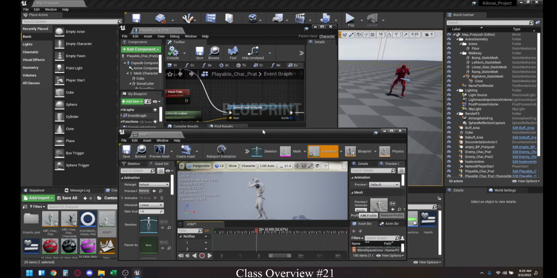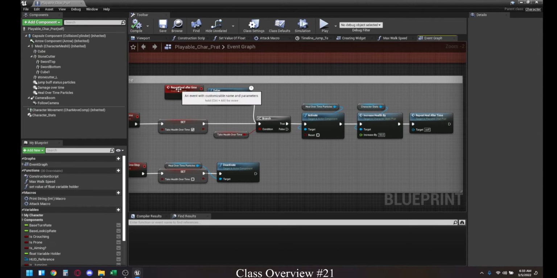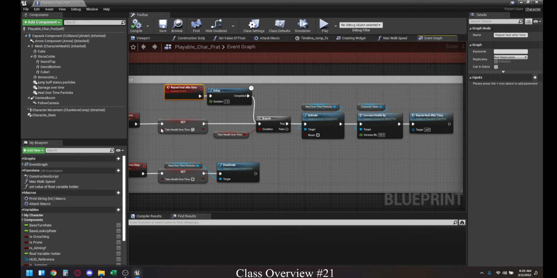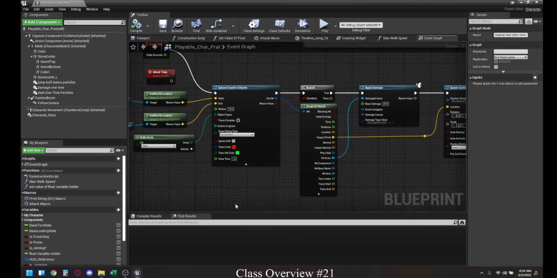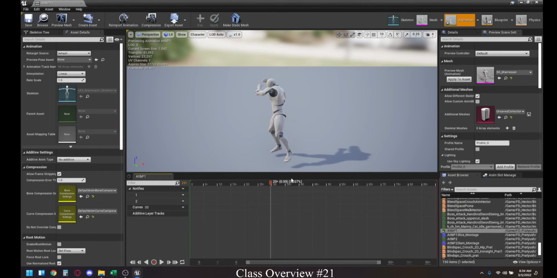So it's kind of how you create a custom event, right? Whenever we create a custom event, for instance, there's this repeat heal after time, and then it goes to this custom event. This is the call function, and this is the event for it. So whenever this part has an execute node into it, it also triggers this and starts this entire function again. Right, so a notify state is the same, except that instead of you relying on an execute node to be